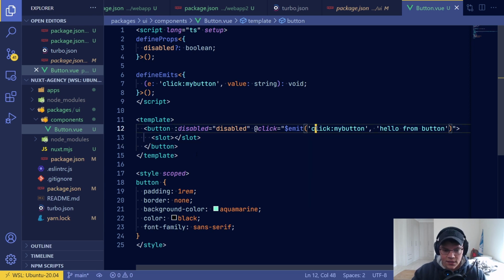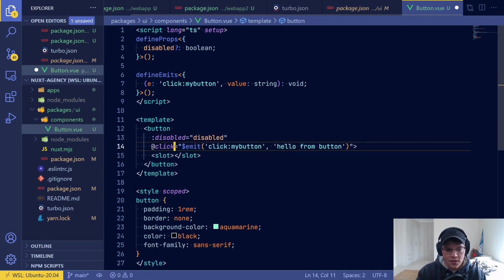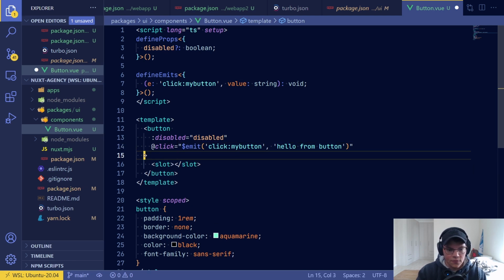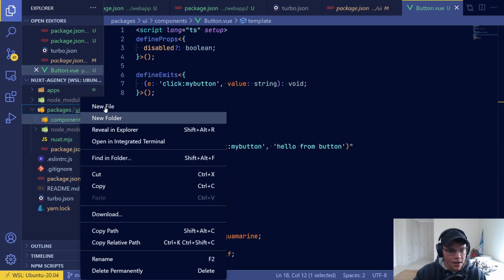So it's basically just a button that has an emit. When on click, it also emits a click my button event. And before even importing this, I want to show you how we can unit test this so that we know that every single package that uses it can expect the same type of results. Let me just format this a little bit. Okay, so the way we can unit test this is firstly by going to package UI, and then we create a new